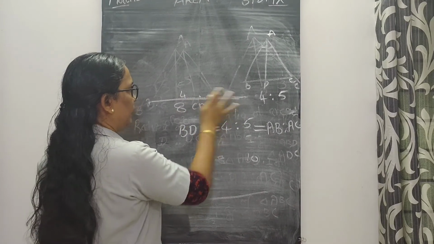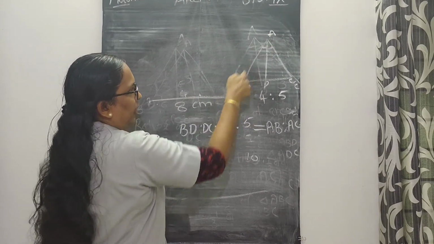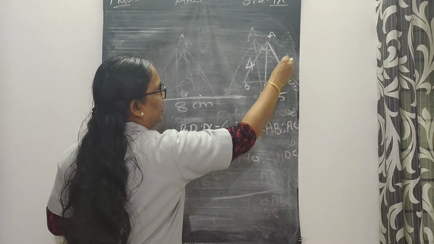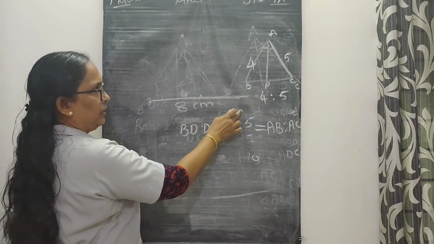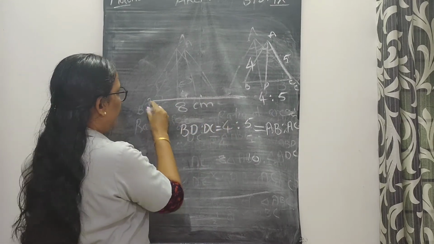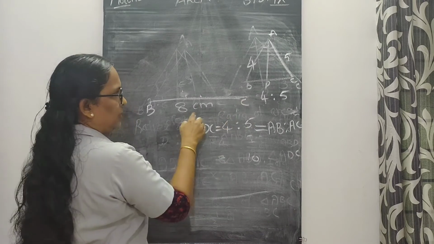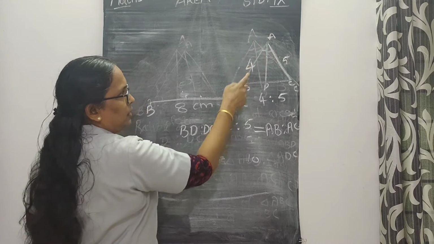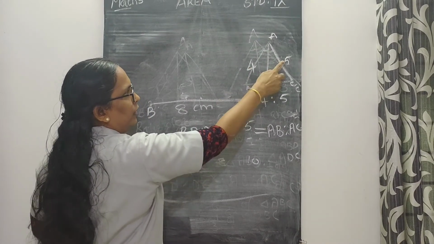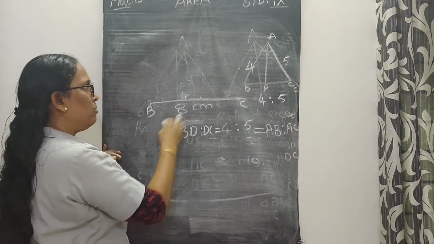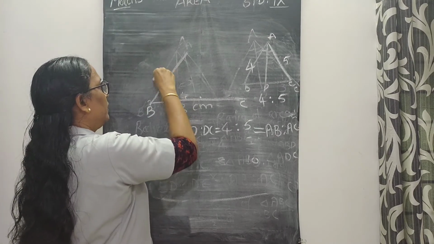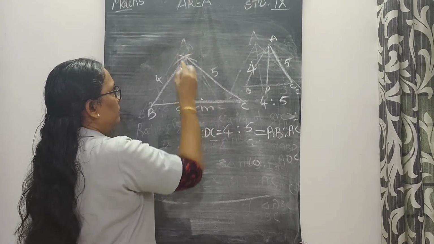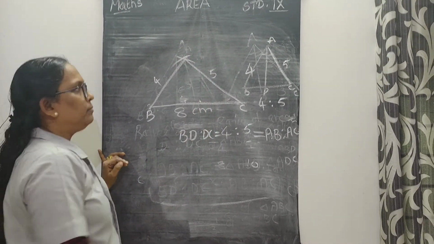This is an 8 centimeter line and we need AB 4 centimeter. And here we can take it as 5 centimeter and complete the triangle ABC with BC 8 centimeter and find out a point A which is 4 centimeter from B and 5 centimeter from C. So take the compass and take the length 4 centimeter here and here you can take it as 5 centimeter. Mark the arc like this. Then you can complete the triangle.